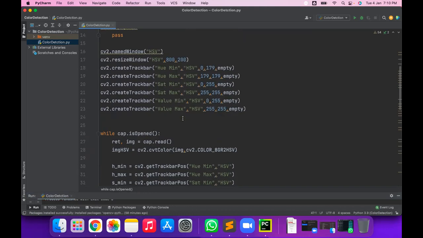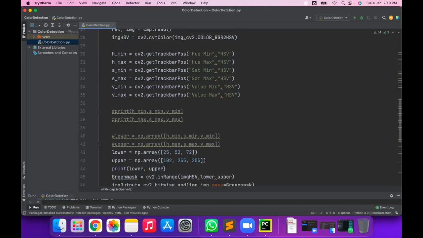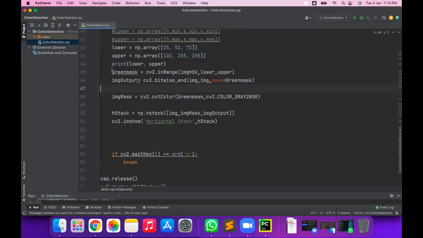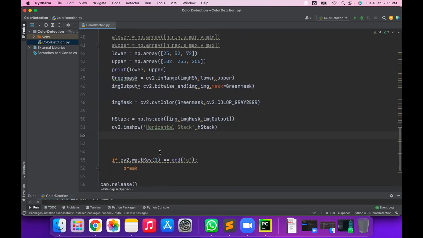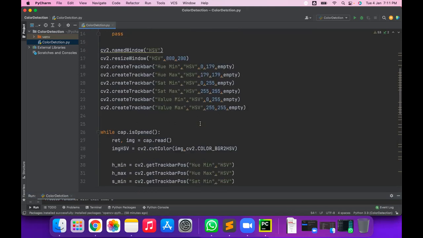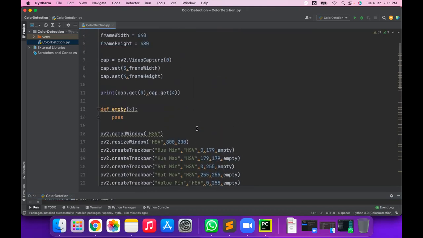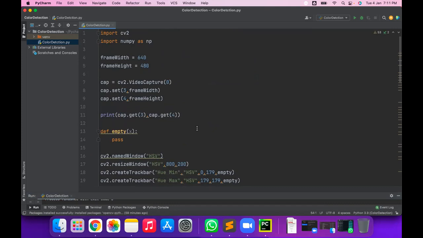There we will directly use all these functions ready-made. I'm not going to explain again what inRange and bitwise are; only 2 or 3 lines of code we will add there. Definitely we will do some meaningful projects. These are only the techniques I'm explaining, how to get only a particular color pixel from a given image.